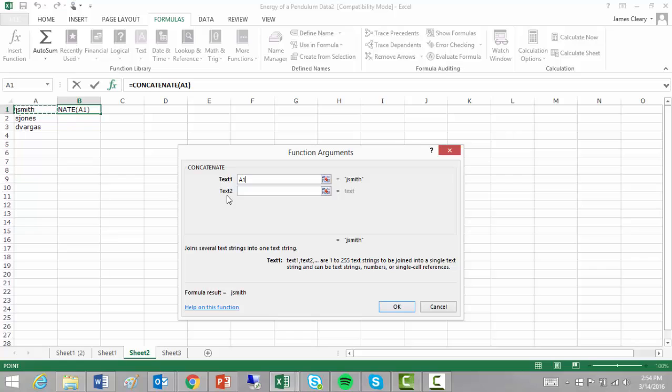So if I want J. Smith and then at Wayland.org, I would put J. Smith in text 1, at Wayland.org in text 2. If I put at Wayland.org up here, it would be at Wayland.org, J. Smith. Text 2 is going to be a constant. It's not going to be something that changes based on cells. So I'm just going to type at Wayland.org,